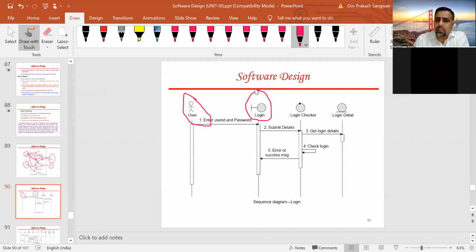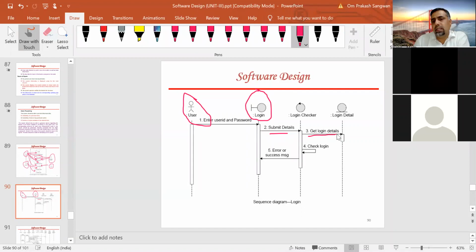So the first step is enter user ID and password. Second, submit detail, right? Third, get login details. Your credentials will be verified, right? So here the login is checked. Either it is an error, if it is invalid, or it is valid, a success message is there.